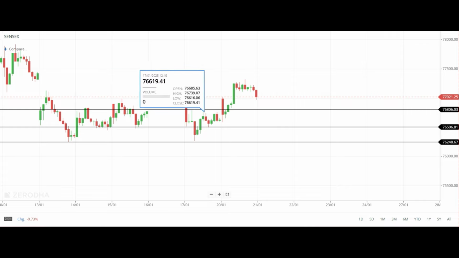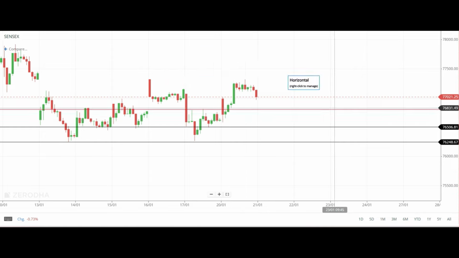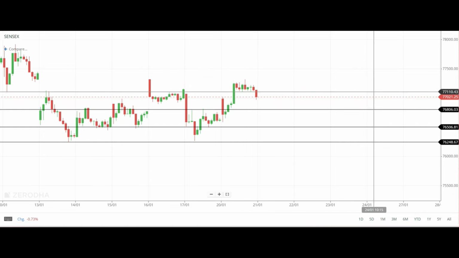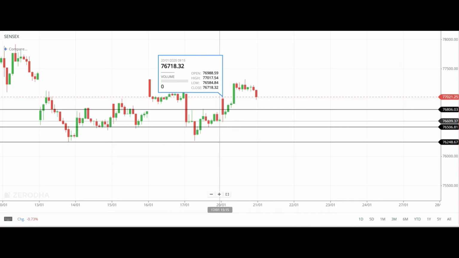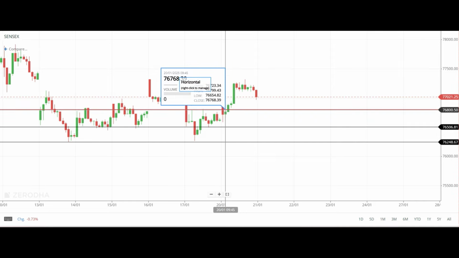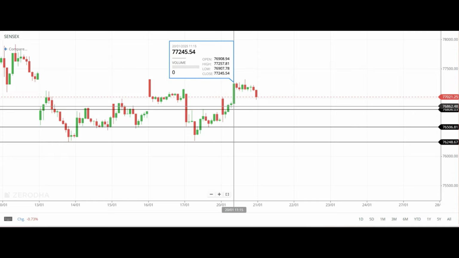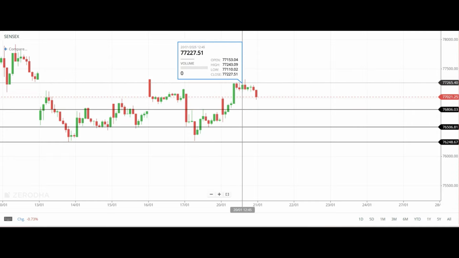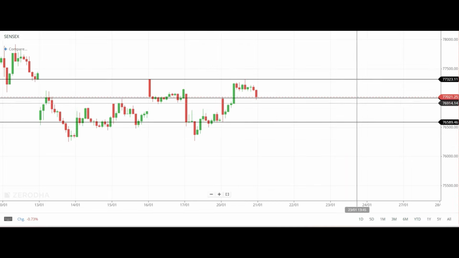Coming to Sensex, you can see the price tried to close below this level 76,800, but it did not close and it has given a small wick which is rejection on the downside, and the candle has closed decisively at this level 76,800. One could have taken a trade here with a small stop loss and got a decent intraday profit. So the levels for tomorrow would be